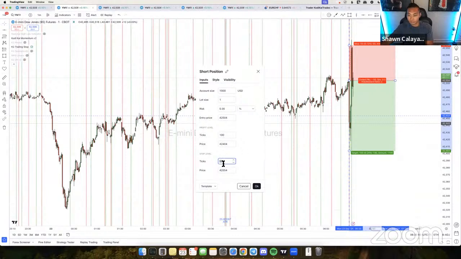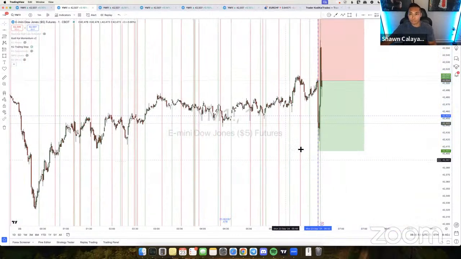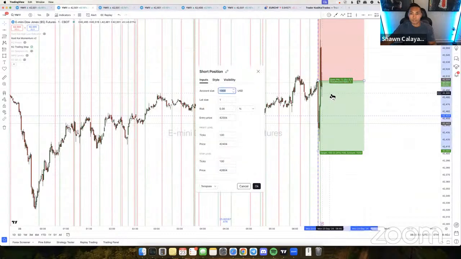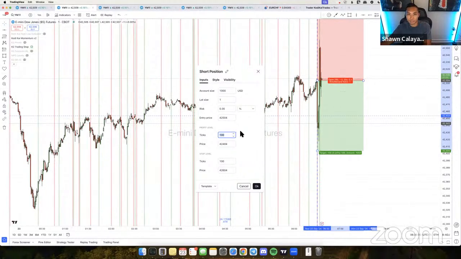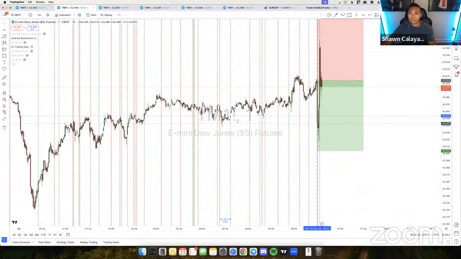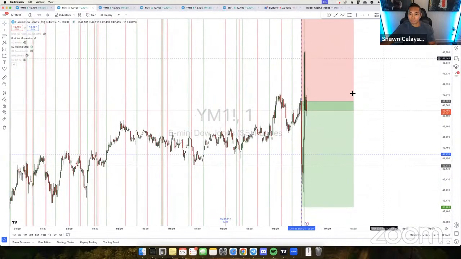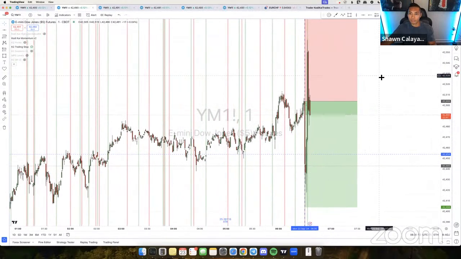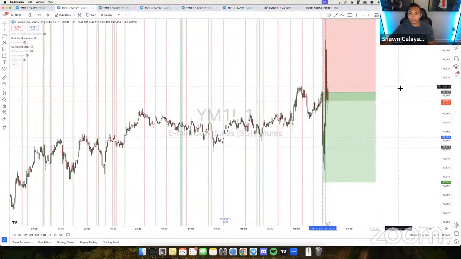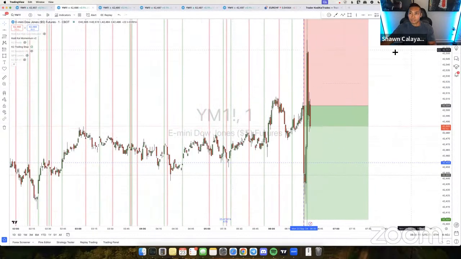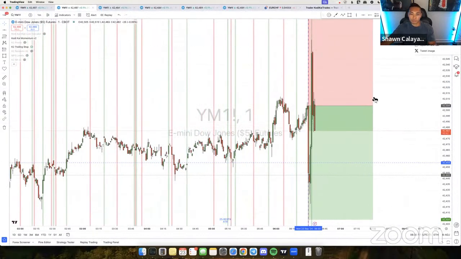So you guys can see over here, if you did the original 100, which you could easily have done as well. If you aren't comfortable with doing the risk to reward change, go ahead and use the 100. You'd still be in the position right now. But if you did the switch that I did, it looks like you would have pulled out right here with me as well if you followed my exit. So let me just copy this real quick.